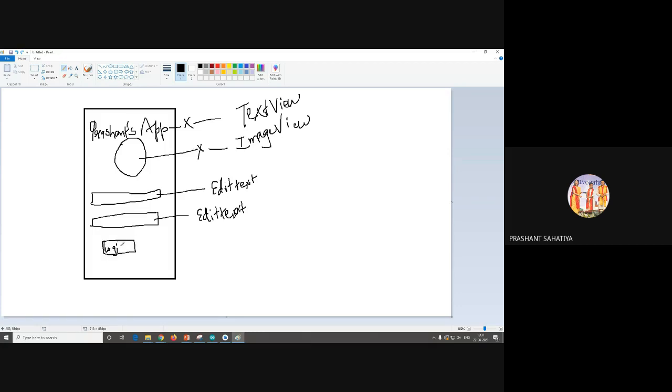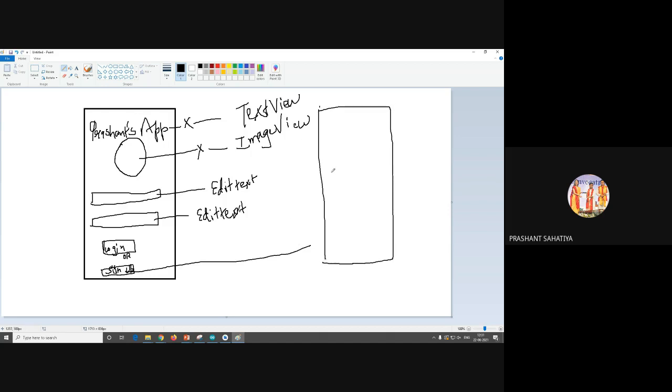Okay, and I'll be having something like sign up, or create a new account, whatever I can keep. There is one button called sign up. So when the user clicks on sign up, he or she will be redirected to a new screen. This is completely a new screen. So first of all, we'll design a login form with proper formatting. That's what the target is.